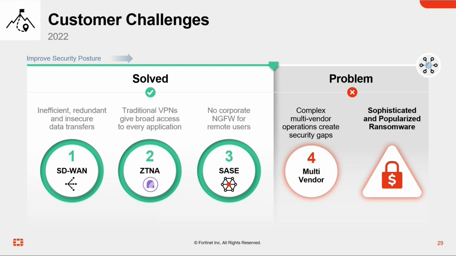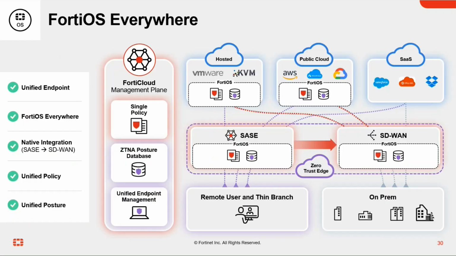One is potentially when you've got a complex multi-vendor environment. Well, sadly, that does introduce gaps. It does introduce gaps from a threat landscape perspective, potentially from a skilling of individuals within the organization. Well, how do you sort of bring that together? And this is where Gartner call out something else as well. So single vendor SASE. Well, once again, Fortinet can deliver that, and essentially FortiOS everywhere.